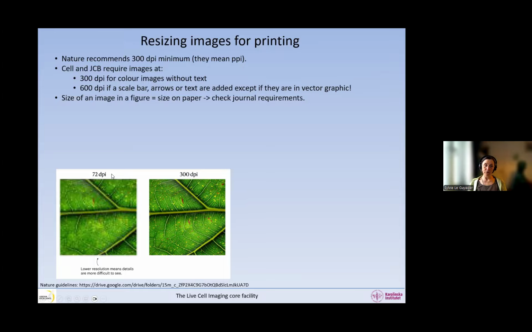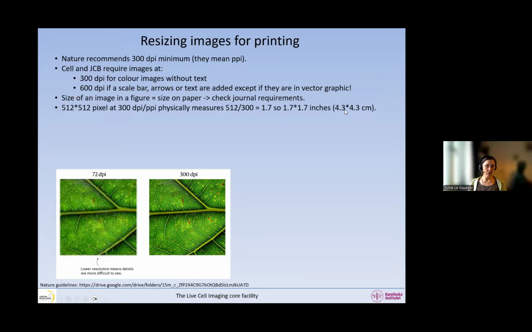The size of an image in a figure is the same size as on paper. So you must check the journal requirements to know what the physical size of your figure in the paper is going to be. For example, if we have acquired an image that has 512 by 512 pixels at 300 dpi or ppi, this image physically measures 512 divided by 300, so 1.7 inches.